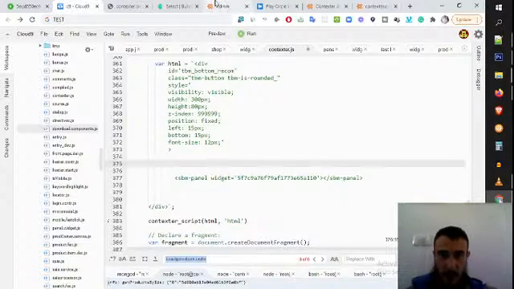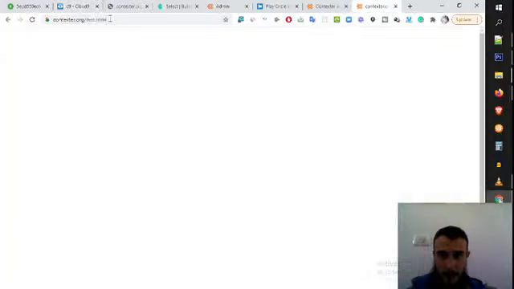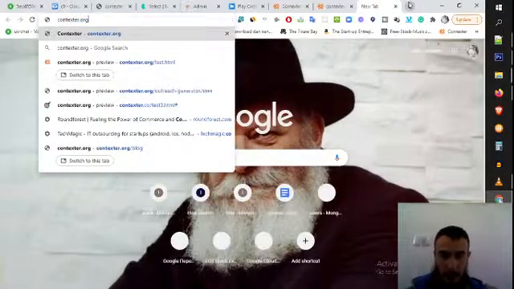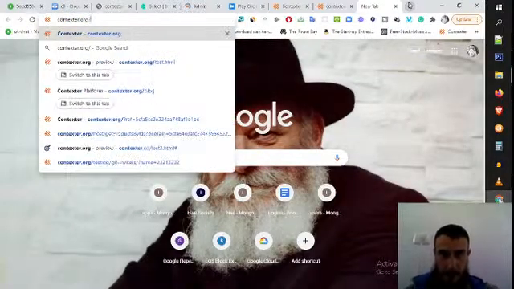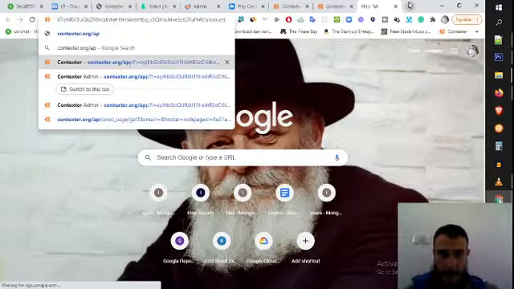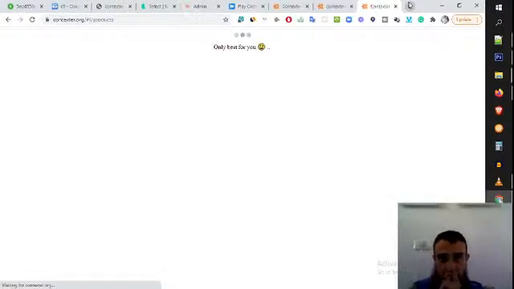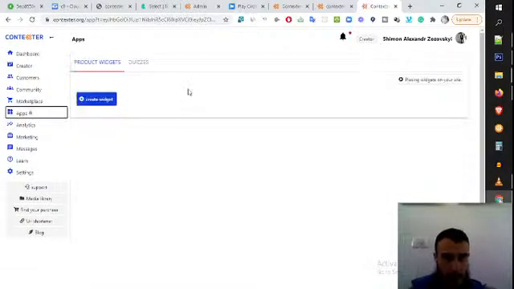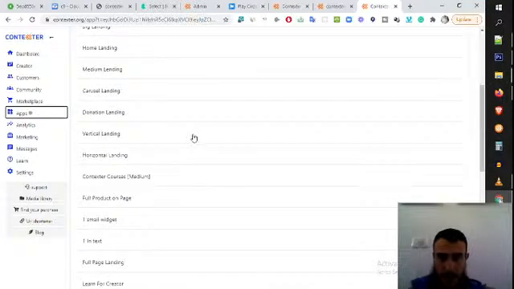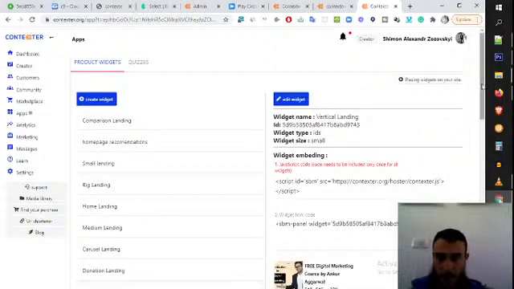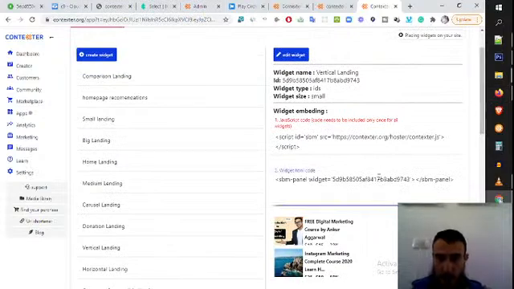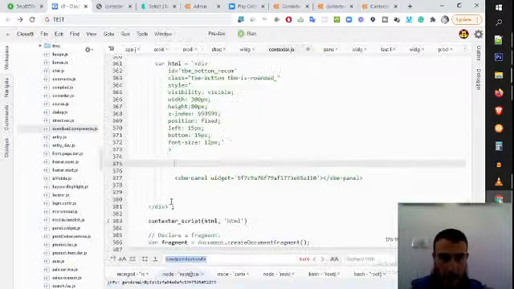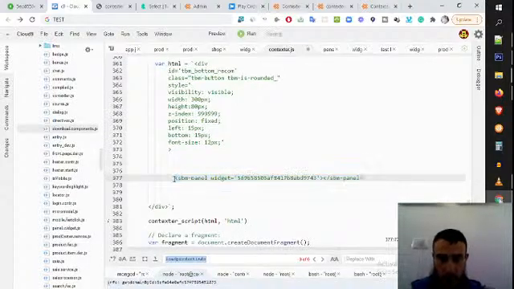So we need some widget. Okay, let's take a widget from context or app. Okay, and let's get some widget from here. Let's go to apps. Let's find some interesting widget that actually works. This works, so let's copy it and let's put it here. Okay, now